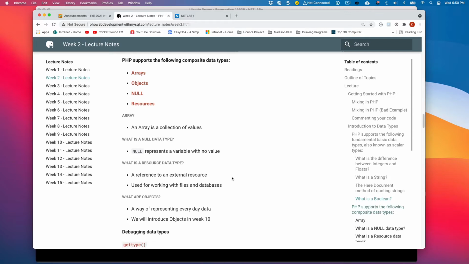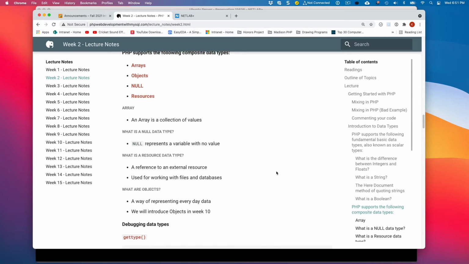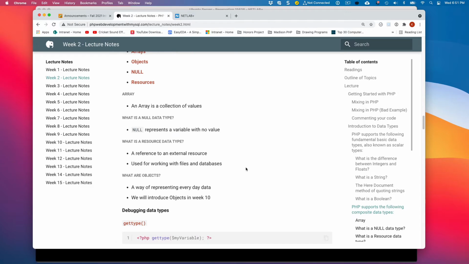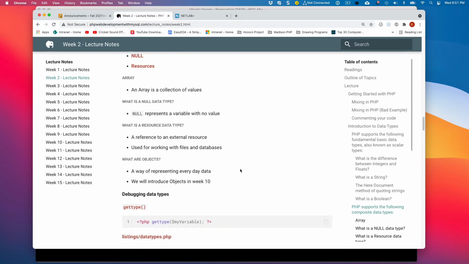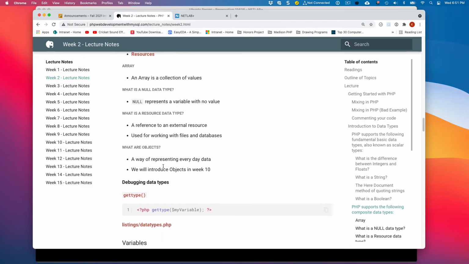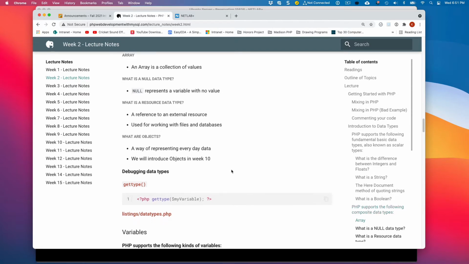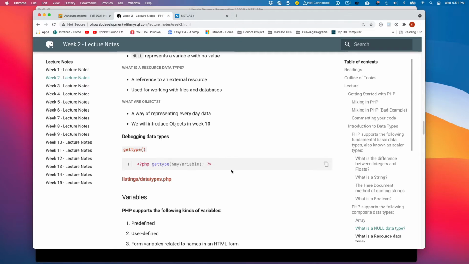A resource data type would be a reference to an external resource, like a file handle or a reference to a database. We're going to be talking about that today as far as connecting to a database. And objects are a way of representing everyday data. Again, I'll talk about this starting in week 10.